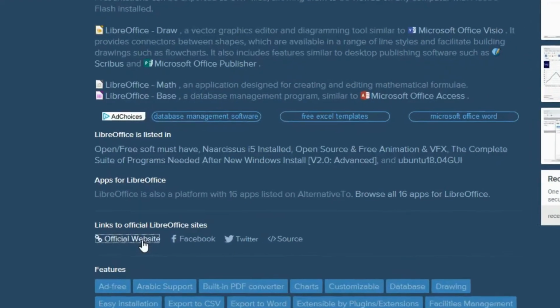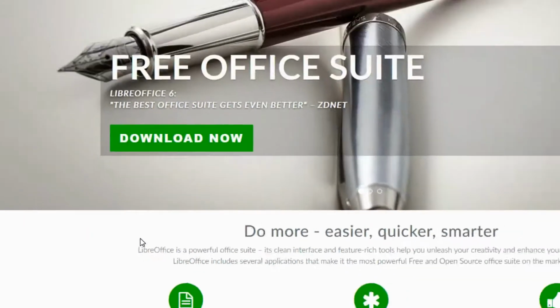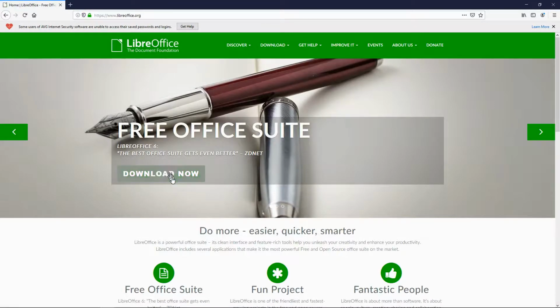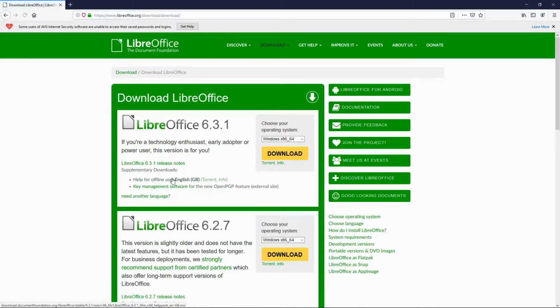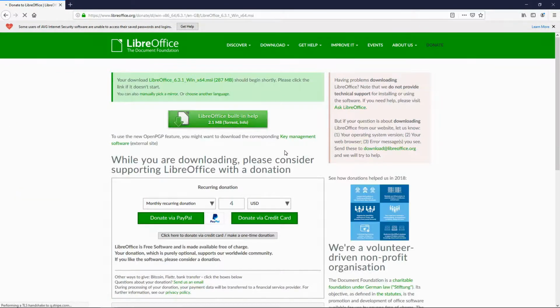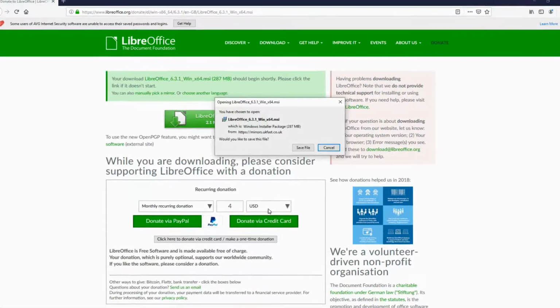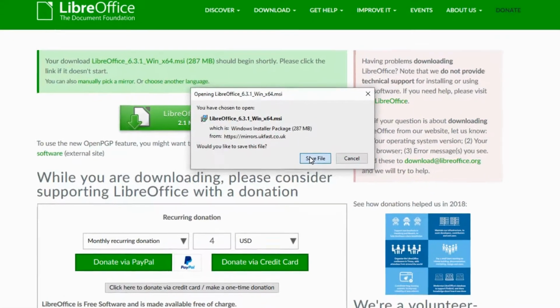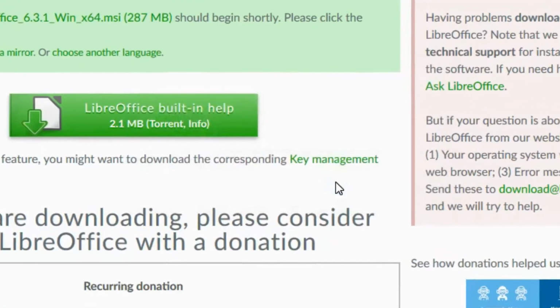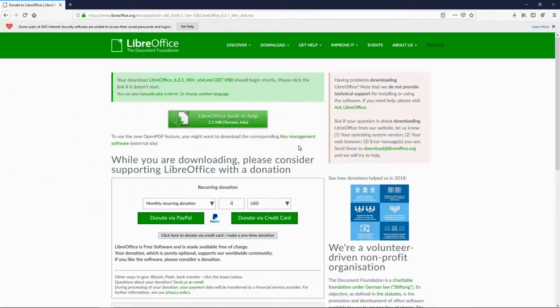So if we click on the official website, you can say download now. And it gives you a few options. Normally the one at the top is the most recent. So we click on there, and then once again it says you can consider to donate, which is what you do if you're using it for commercial, but we're currently using it as a demonstration. So we say save the file to the PC, and once it's done that,